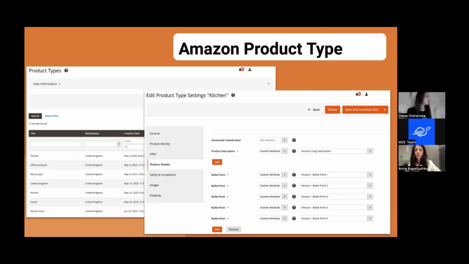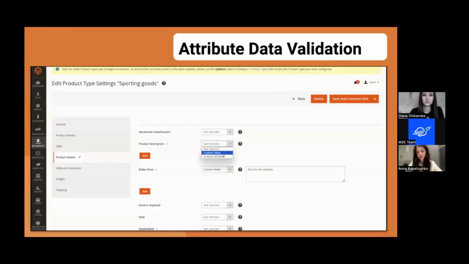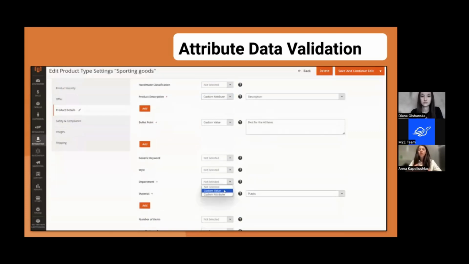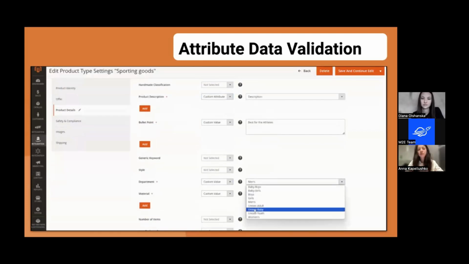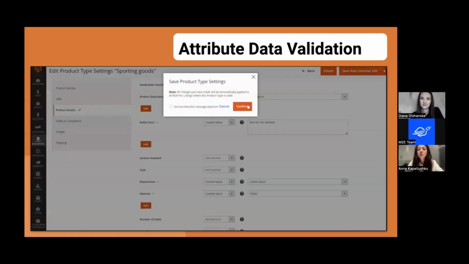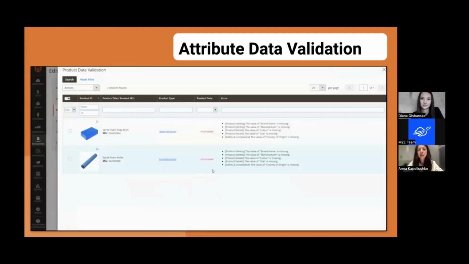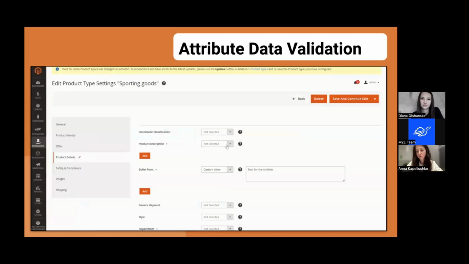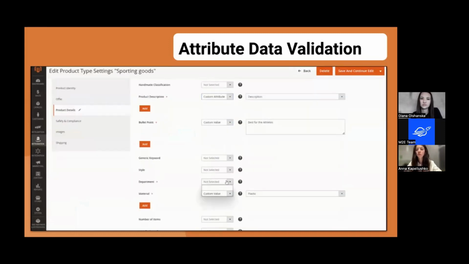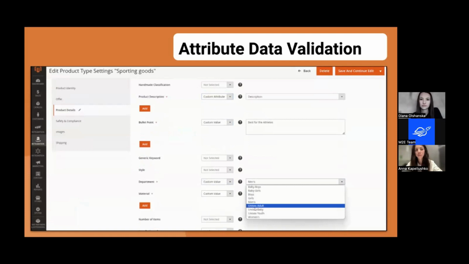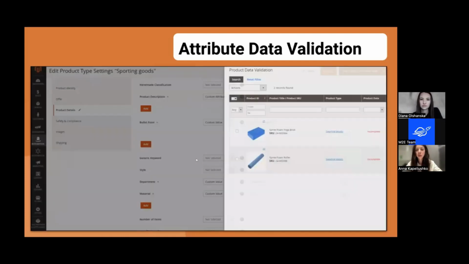And along with the release and introduction of Amazon product type in M2E Pro, we did also launch another feature, which is the data validation. To save your time and prevent you from errors that Amazon would return, there is a validation that M2E Pro launches. So once you configure the fields for the product type, you save it, M2E Pro will start a quick